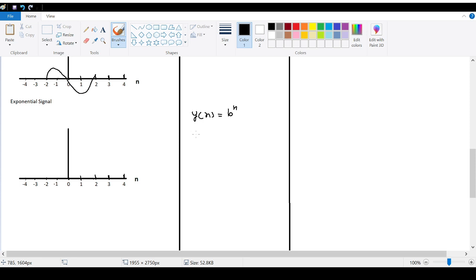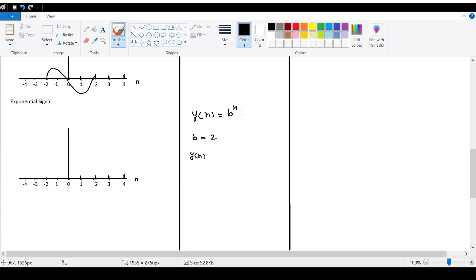This function is used to plot the exponential curve. Now here we can plot this graph for the various values of n. Suppose we are considering b is equal to 2, so we can calculate the various values of y of n for b is equal to 2 and n is equal to 0, 1, 2, 3